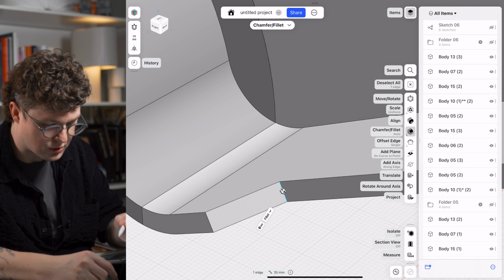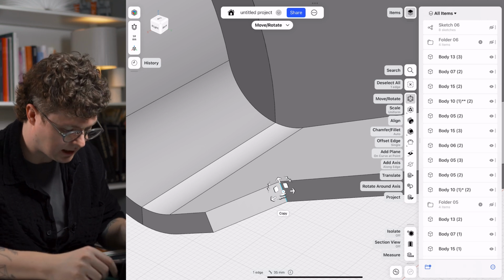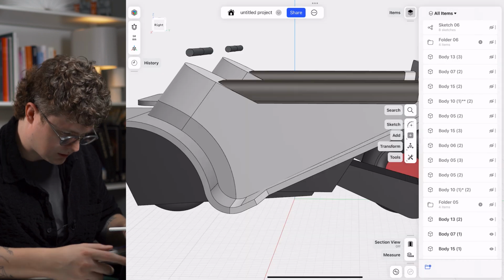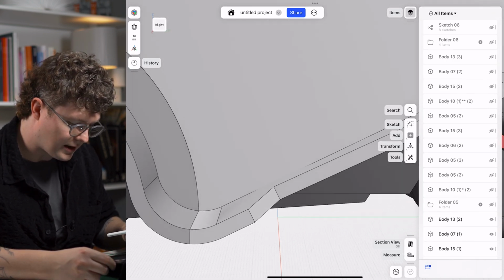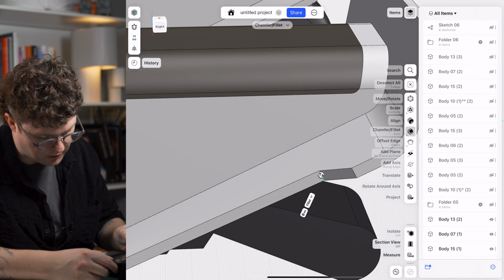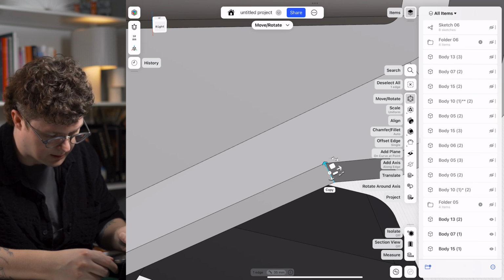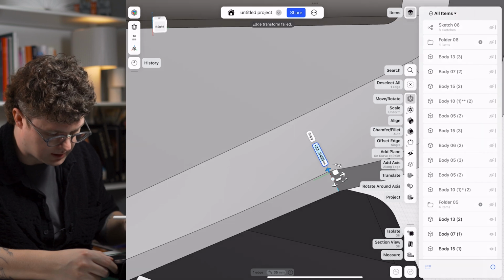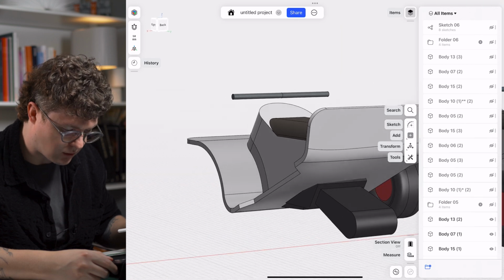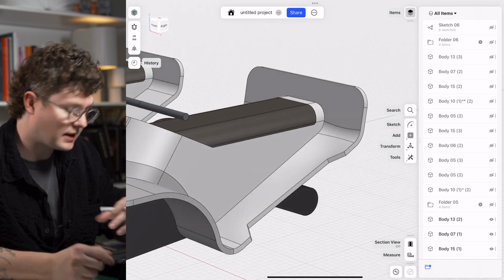Let's say that I want to move this surface in a way that creates a really nice, interesting curve along this panel. So I can move this up. So by moving that part, moving that line, we can see that we can get some interesting curves here. Same again over here. We come up and align the gimbal, align the move tool, and then pull down slightly. And now that we have this really organic looking kickstand here,